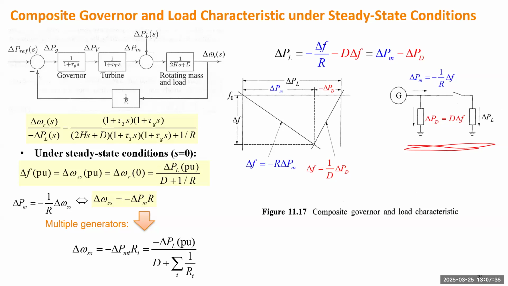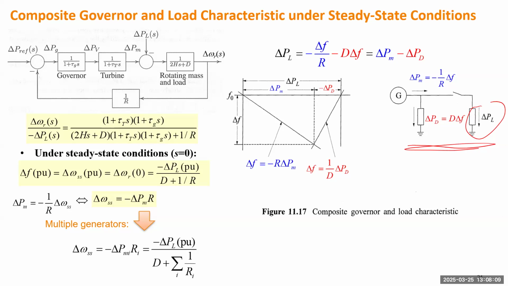It's like the generator is generating the mechanical power PM, which is powering the load of the system. The load may have a frequency-dependent load and a frequency-independent load. So when you disconnect this component, you are going to lose some amount of load. Definitely, if the system maintains exactly 60 Hertz, delta PM will be exactly equal to delta